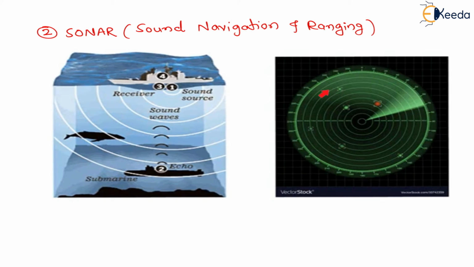See, in many movies you might have seen such screens. On the screen it is shown like this. This is a source from which sound waves are generated in all possible directions. Now in all possible directions the sound wave is going, and whenever it strikes objects, it will reflect back. My dear students, depending on this we can identify the location of a particular object, and this technique is very useful for our military operations.